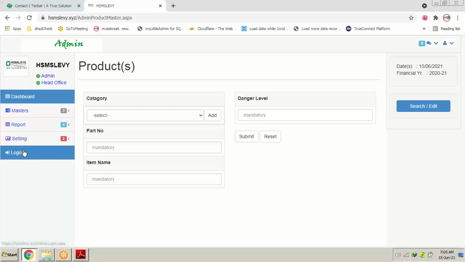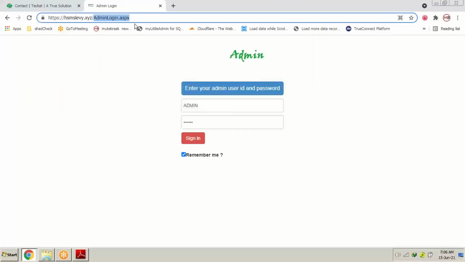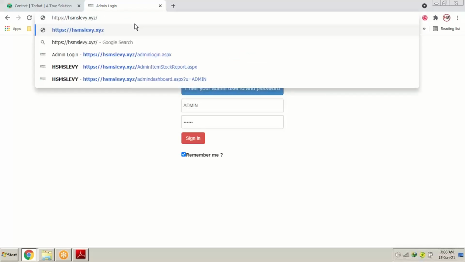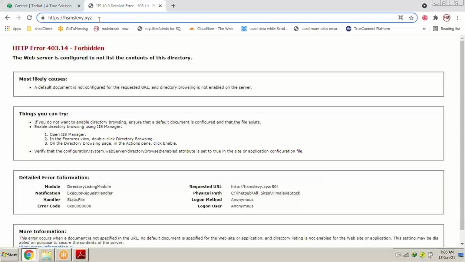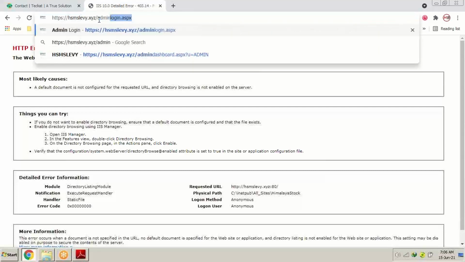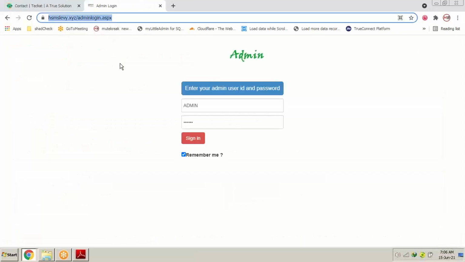This HSMS LEVY company doesn't have any website. If you write hsmslevy.xyz and hit enter, you will see a page which says error, because we have created a specific link to open the login page. So these are called web portals, or web applications, tailor-made online application software for specific clients,